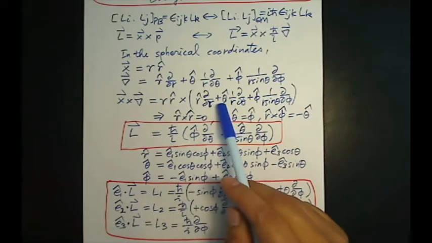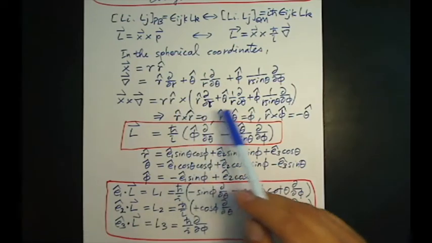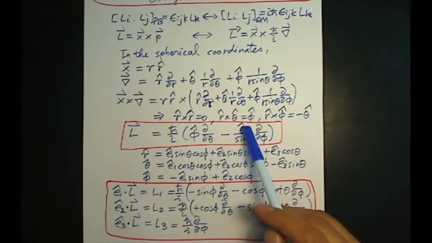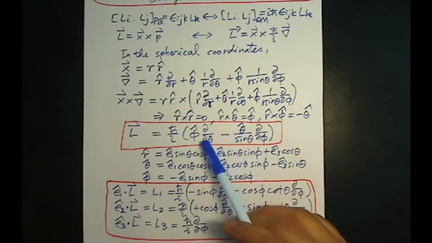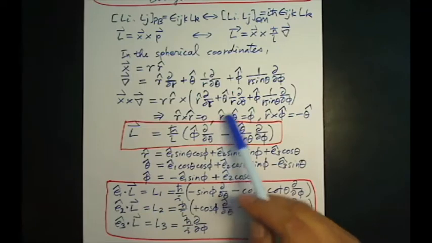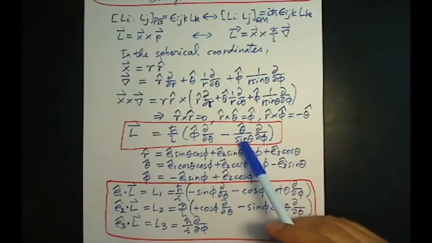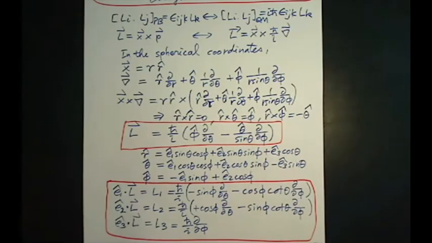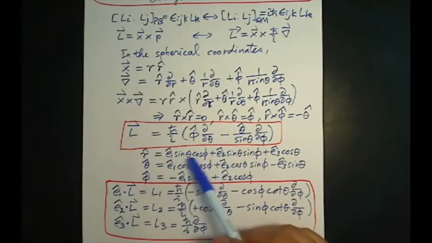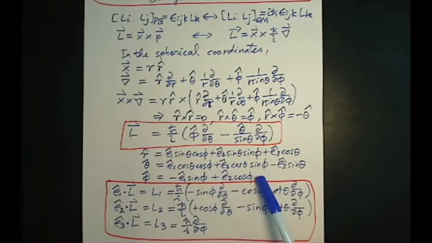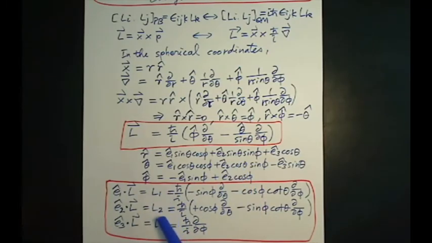R cross theta unit vector should be phi. R cross phi becomes a minus theta. Factors of scale factor R cancel, and here we have the polar angle derivative and the azimuthal angle derivative with additional vector. Because r hat, theta hat, and phi hat are given in terms of the Cartesian unit vectors like this, we can pull out the Cartesian components of this